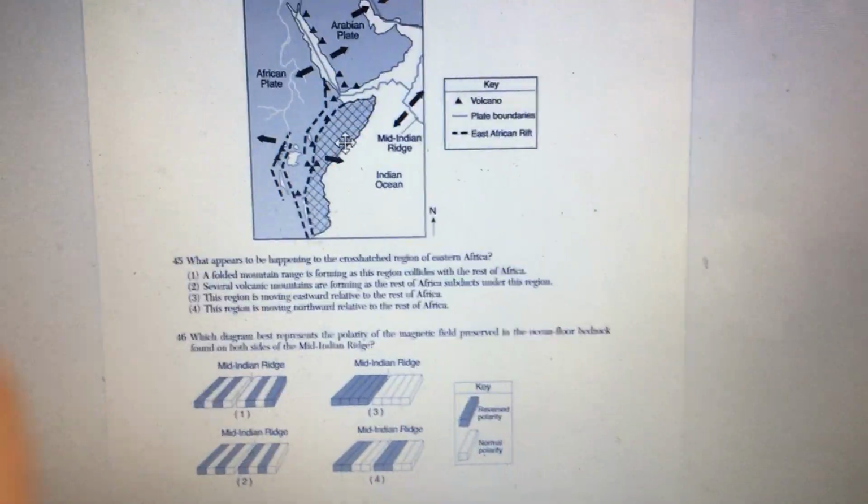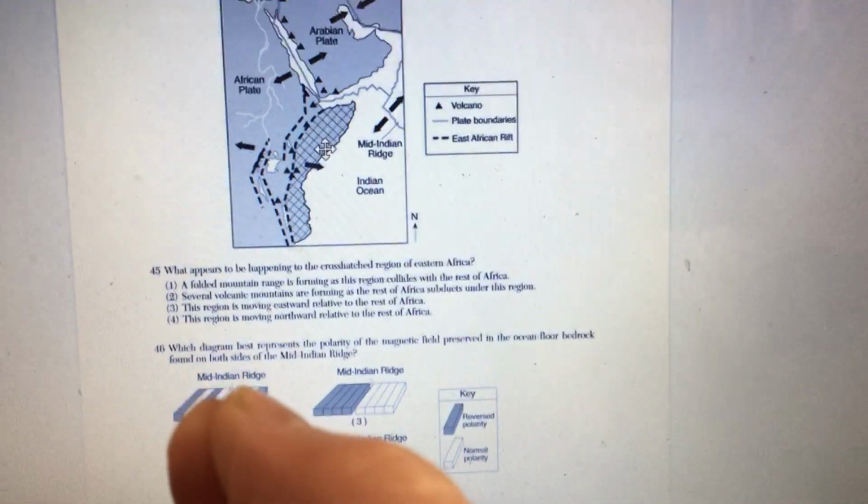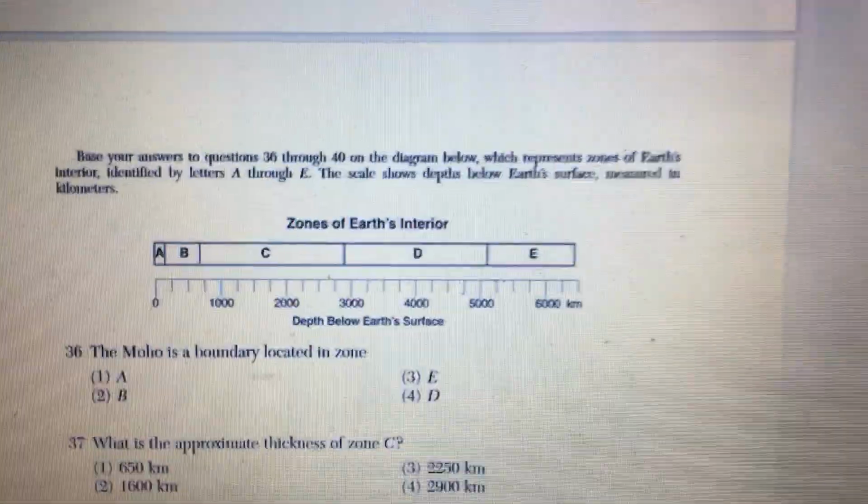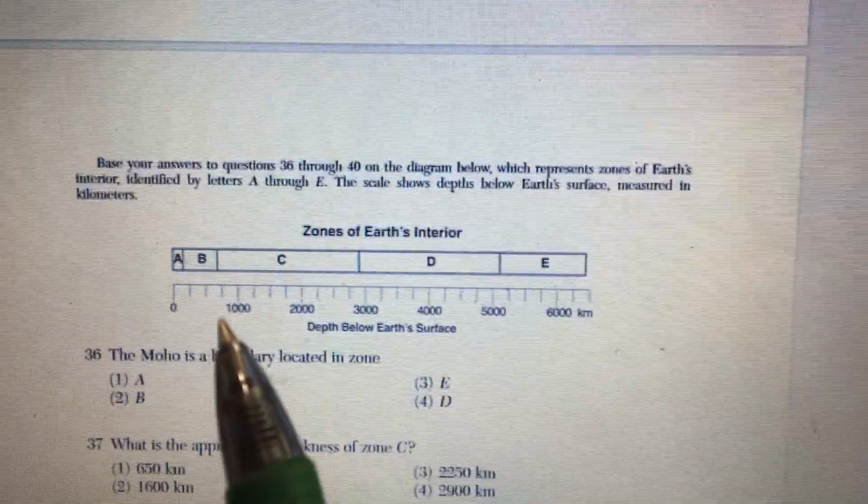There's a symmetry on either side of the ridge as it spreads out. Bump, bump, bump, bump, bump. That's that. Moving on. All right, this one was kind of a scale model of the inside of the Earth